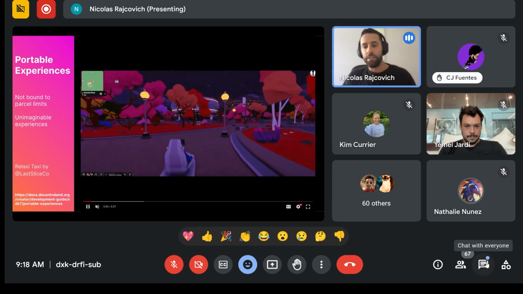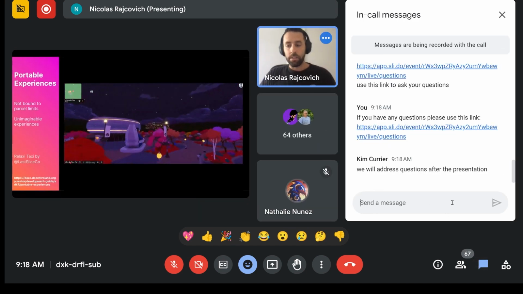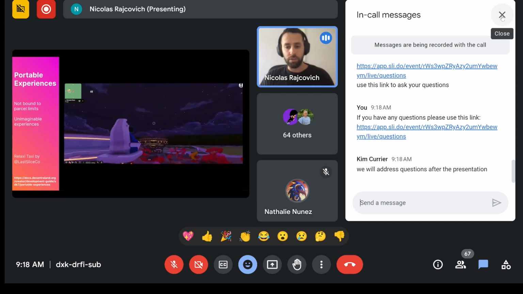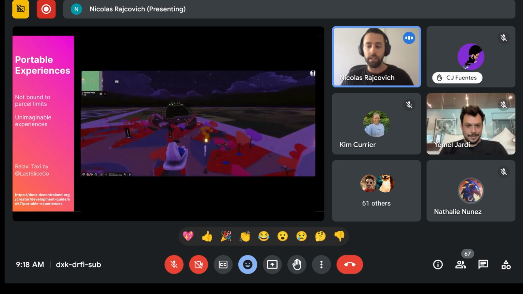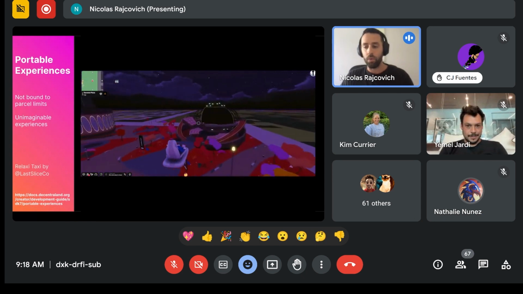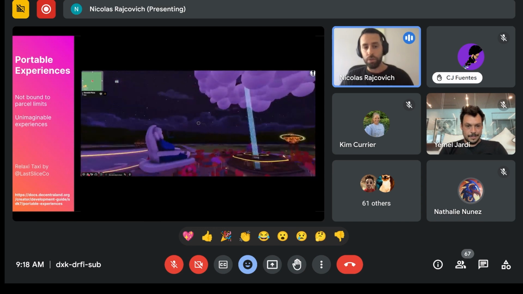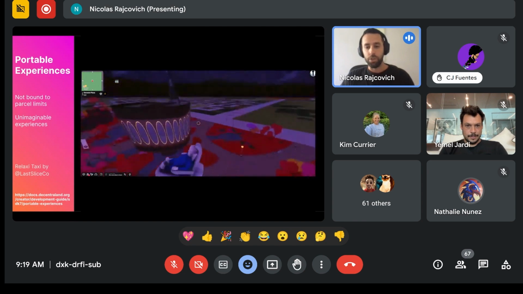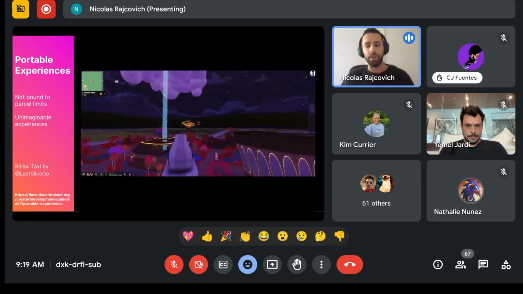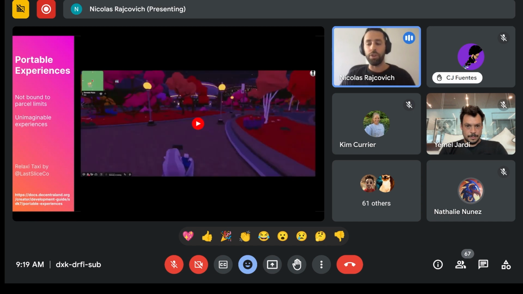Then another thing that was long overdue, and this is really something super impactful for the platform, because portable experiences are similar to what can be done in a scene. Actually, it's the same way to do it with the SDK. But it's not bound to the parcel limits. So you can trigger a portable experience and enjoy flying throughout Decentraland, running super fast, popping up a UI that can show you something else to do.